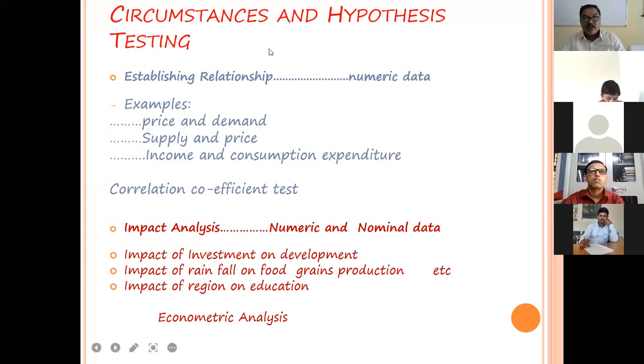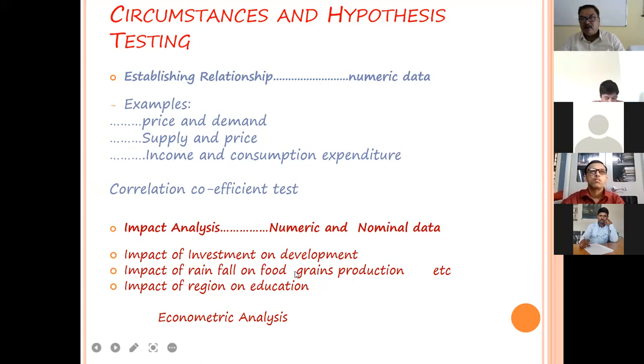So the next is establishing the relations. For that, we always conduct the correlation test. And there are a lot of correlation coefficient tests we conduct. First we compute the correlation coefficient value, and then we test whether that correlation is acceptable or not. Like that, we also have the impact analysis for both numeric and nominal data, impact of investment and development,